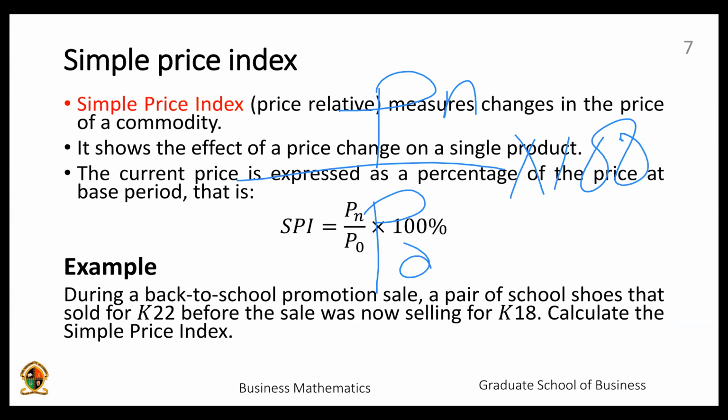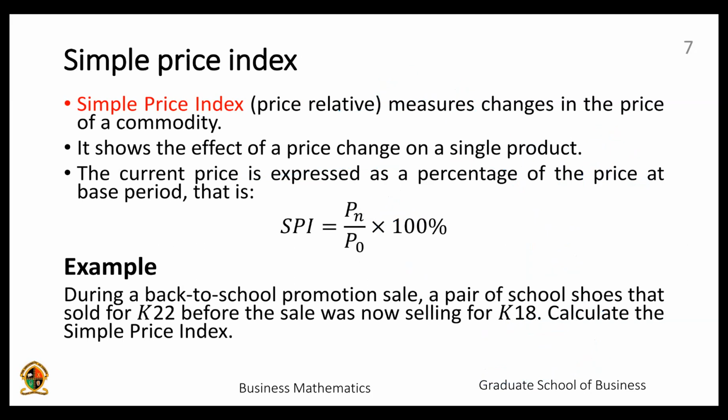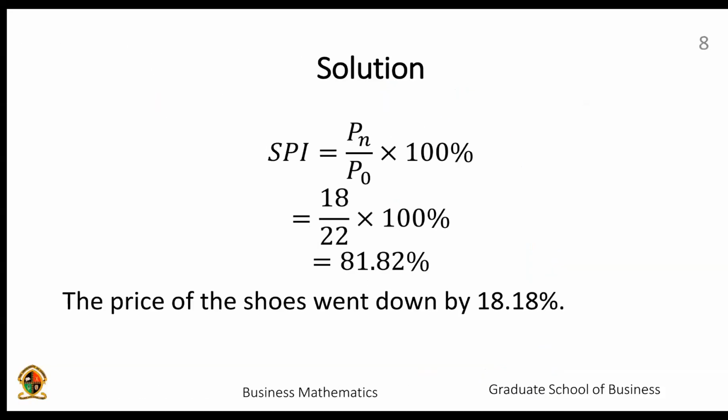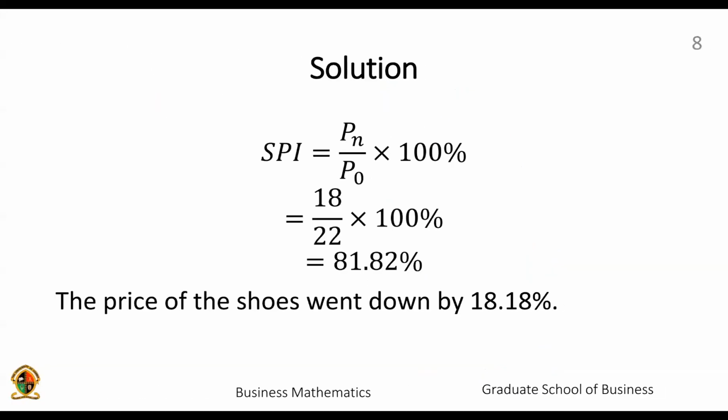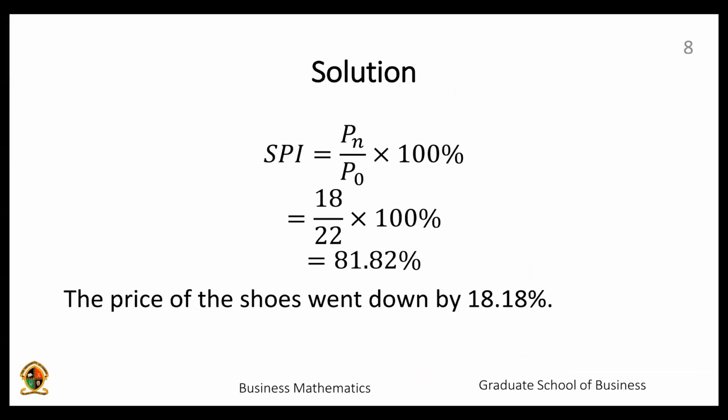So the new price is 18. So you say 18 over 22, which is the old price. Multiply all that by 100, and you should be fine. So you get 81.82%, which simply means that the prices